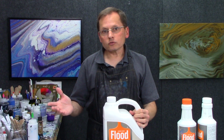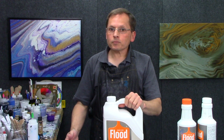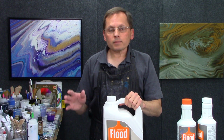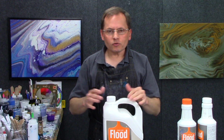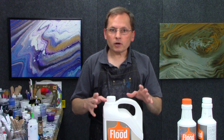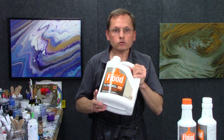You might also use a Liquitex pouring medium or a Golden pouring medium. There's so many pouring mediums now on the market. Artist Loft has one. Everyone's got one, really. I've used a lot of them, and I do use them, but usually in conjunction with Floetrol. This is kind of my go-to base